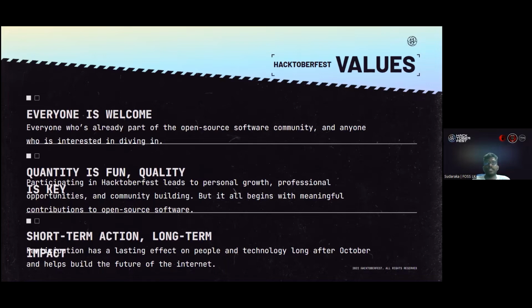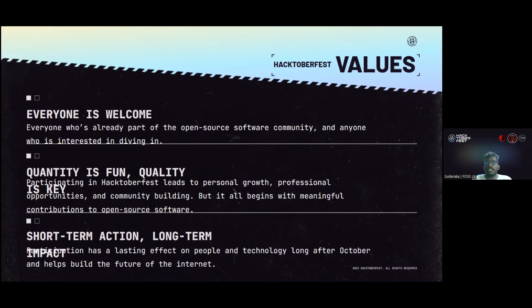If you're a beginner, you can just test this Hacktoberfest event, learn throughout the year, and do some quality contribution next year. The event always encourages people to contribute quality stuff.